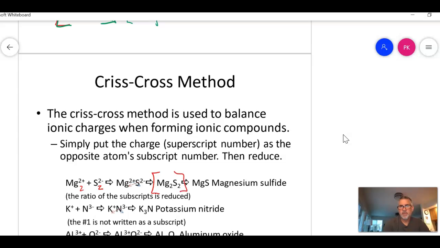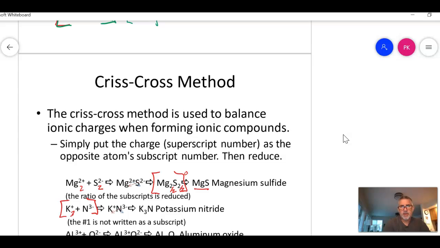So that's our formula. I have a net 0 charge now. So we have to reduce the subscripts, right? So essentially, you're making whole numbers out of them. And we don't write ones, so I get magnesium sulfide. So that's my compound. If I looked at the next one, I would have to bring the 3 here, and we don't